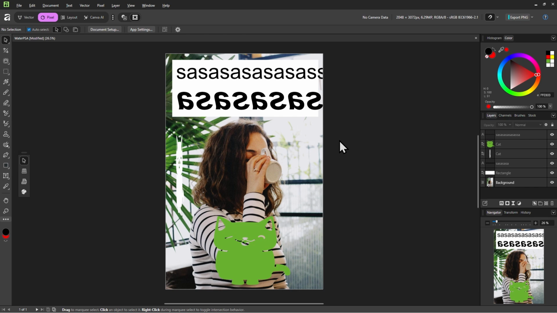For example, in this water PSA, remember it's a reminder to drink water. The objects here, the elements, the building blocks, would be this image here, a woman drinking water, and maybe some text above it that says something like, remember to drink your water, 6 cups a day, or something like that. Now, currently this text here is just sasa, but for now, just pretend it's a friendly reminder to drink water and not sasa.